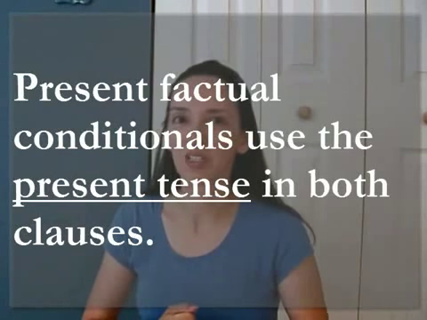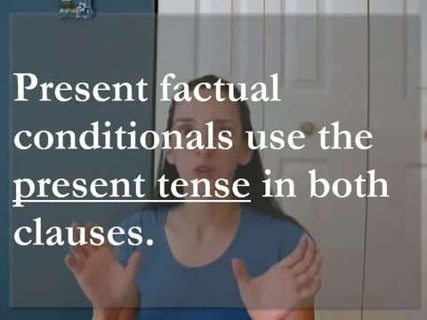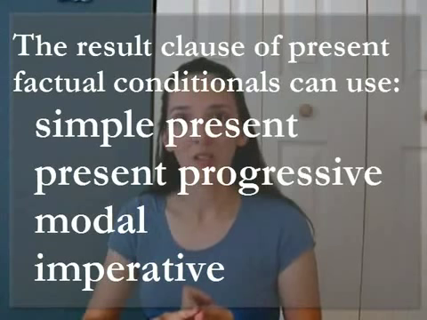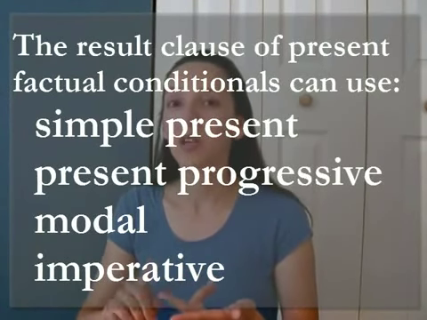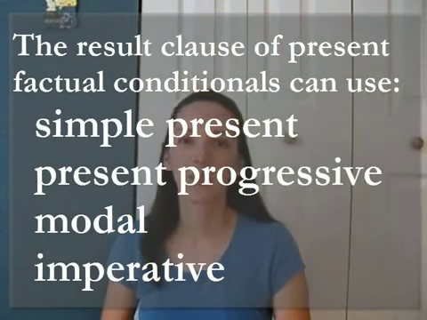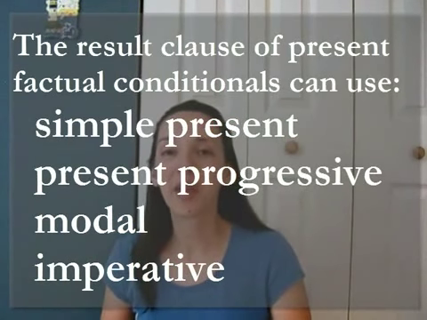Okay. Also, what is very important to understand and remember is verb tenses. In our first lesson, we looked at real conditionals or factual conditionals, and that was when we used present tense in both clauses. If your ears ring, ring, simple present. Someone is talking about you, present progressive. So by present tense, I mean simple present, present progressive, and we also noted that you could use modals. I want to add to that list imperatives.